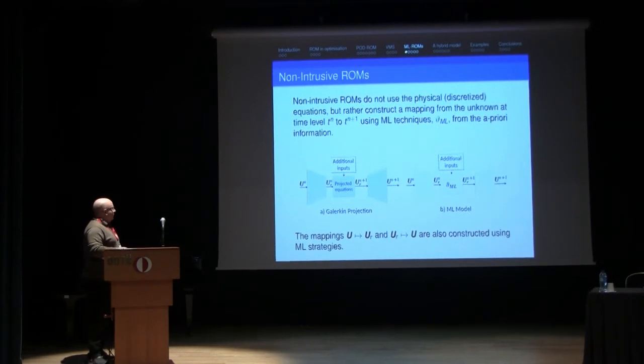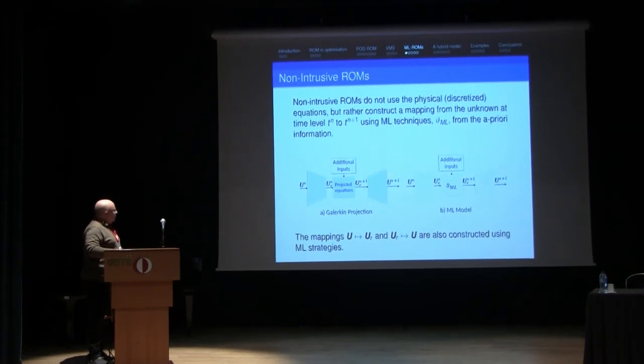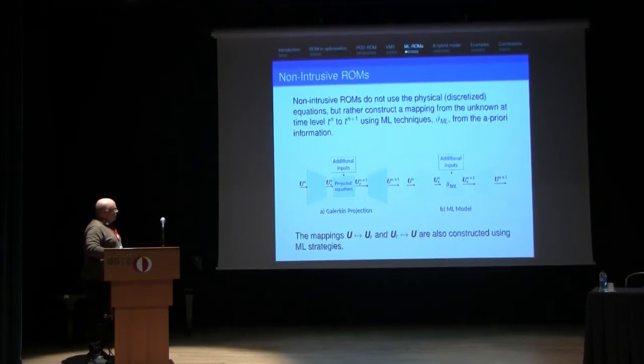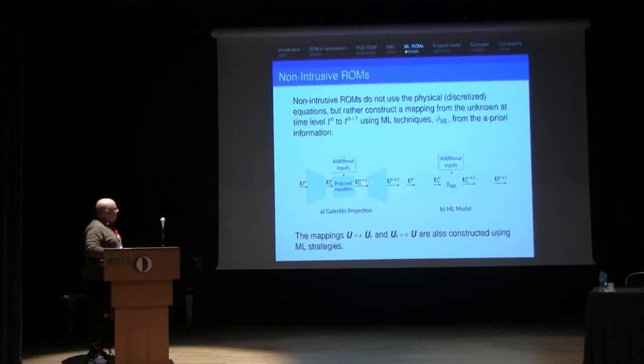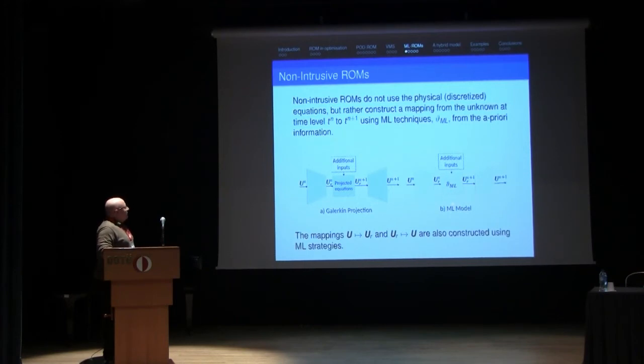So how do they work? If this is a classical reduced order model, we have the full order model solution, we project it, we solve the projected equations, we advance in time, and then we somehow compute the full order model solution again. In the case of machine learning based models, these projected equations are replaced by a function constructed using machine learning